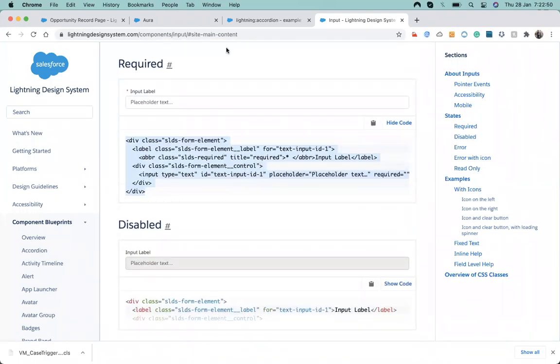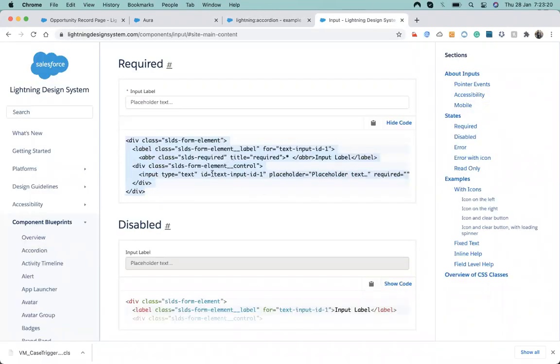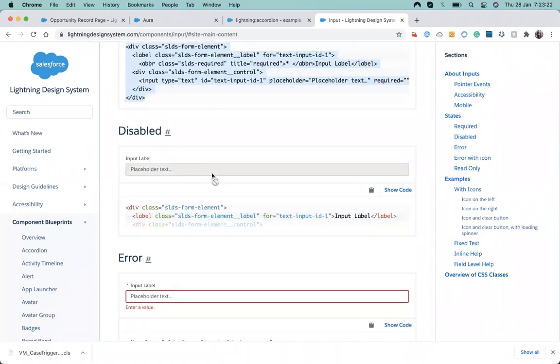One more thing: whenever you have to do branding, complex branding, then we also have to move to SLDS, because we find all the things are separated, and we can change any class and text and everything. So whenever we have to build everything from scratch so that I can do the branding, or it is not possible to work with the component library, then we have to move to SLDS, and in SLDS we can see all the tags that are available.